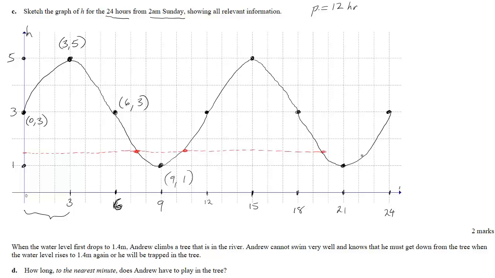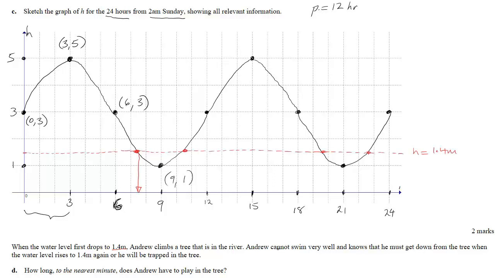And of course here and here are again regions of below and above 1.4. So this is where the height is equal to 1.4 meters. Now the question asks, when the water level first drops to 1.4, so that's probably around this time here,